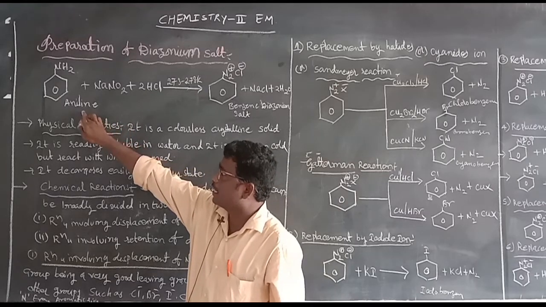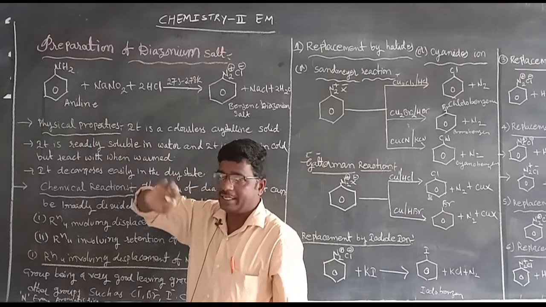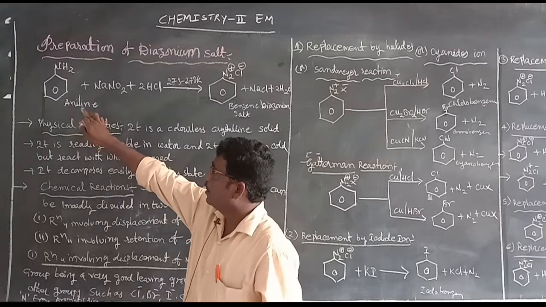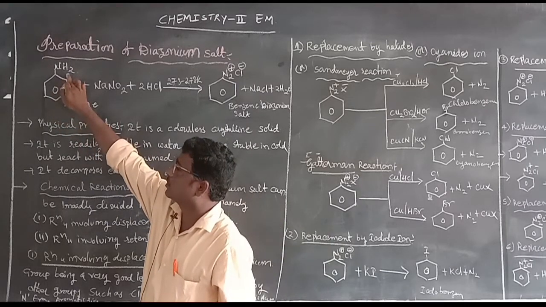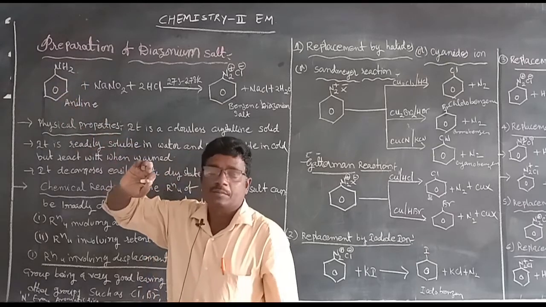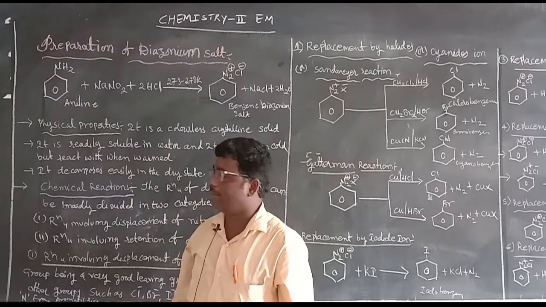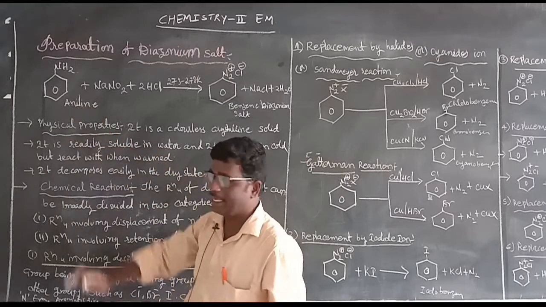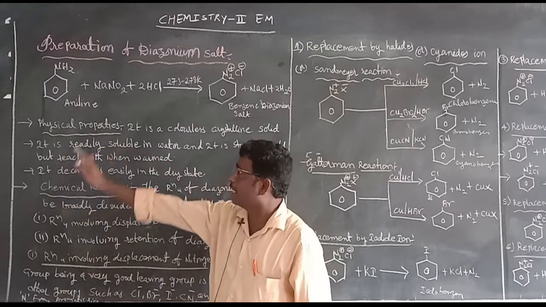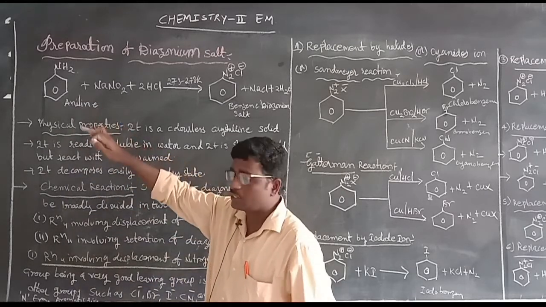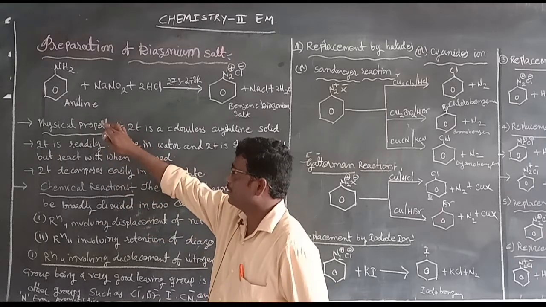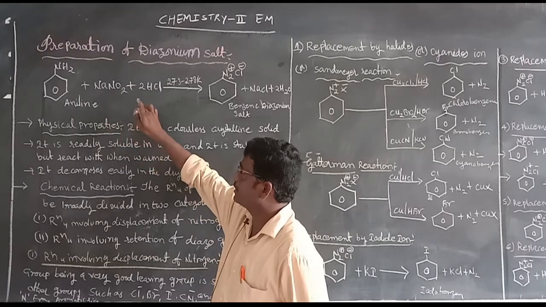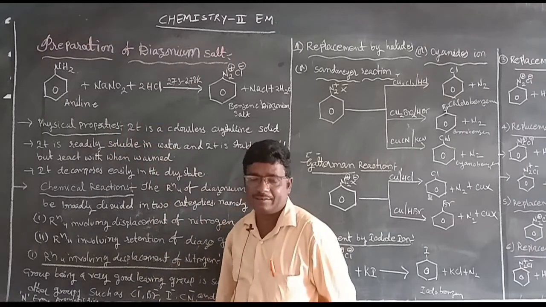It is also known as an aromatic primary amine. Aromatic means that the benzene ring is bonded with the NH2 functional group, which is also called aniline. Benzene bonded with the NH2 functional group is called an aromatic primary amine or aniline. Here the aniline is treated with nitrous acid.